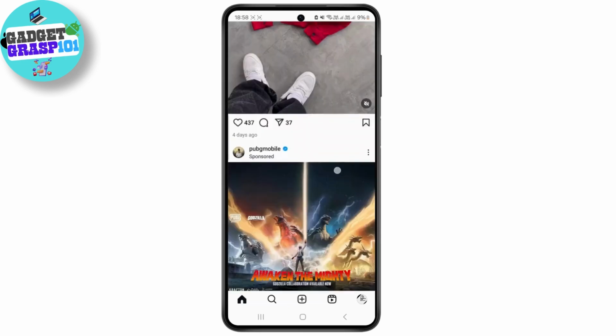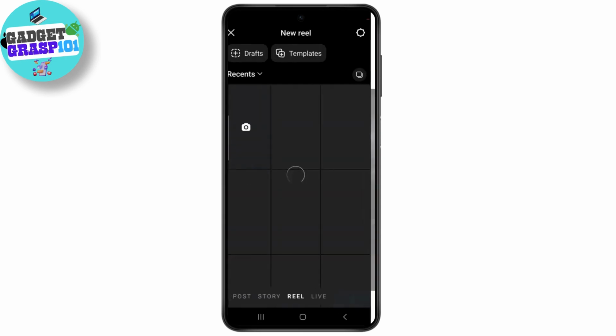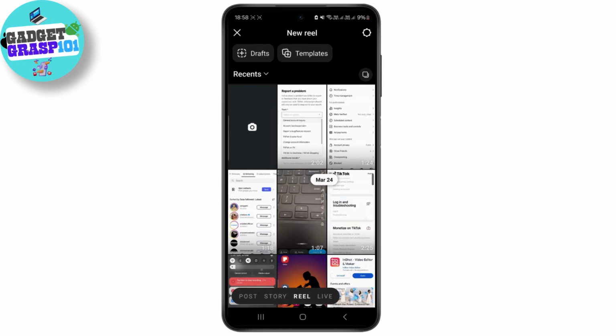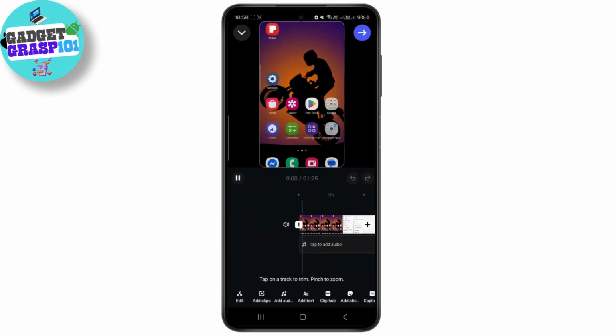So first thing, just head over to Instagram application and make sure you're logged into your account, and when you click on this plus icon over here, you can see the reel option appearing. So when you try to upload any of the videos or reels inside your Instagram, as you can see, Instagram directly approaches this video. Currently my video is portrait one, it's not a horizontal or landscape one, so it's not